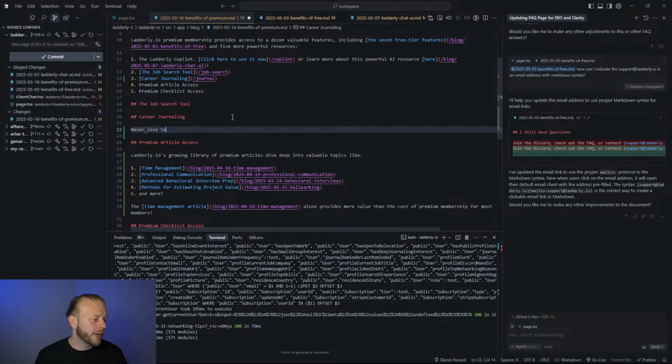Never lose track of your impact. I don't know, there's so much you can say here. Initially it was like never lose track of your STAR method behavioral anecdotes. Track your accomplishments at work or off the job. Then use an AI assistant to automatically draft notes into behavioral